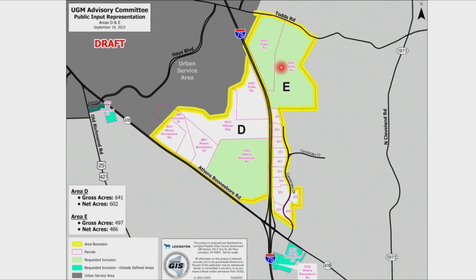Representatives and owners for the parcels off Todd's Road in Area E, the upper parcels, said, yes, we want to be included and we're ready to develop. In addition, you heard from the representative, the property owner for the parcel off 8th and Boonesboro that is surrounding part of the commercial portion of Blue Sky Rural Activity Center. This area had been shown in an earlier draft, but was not presented for public review at the public input meeting. However, the property owner said, yes, we want to be included and we're ready to develop.